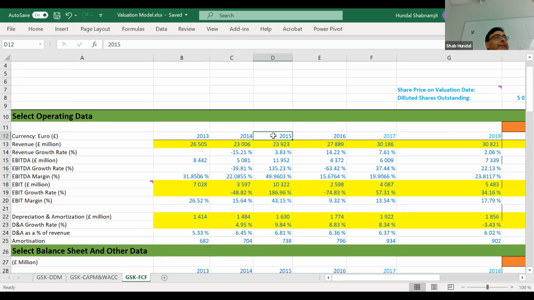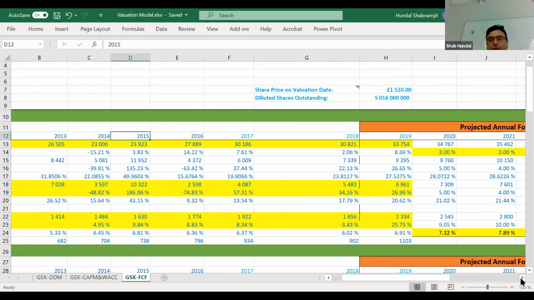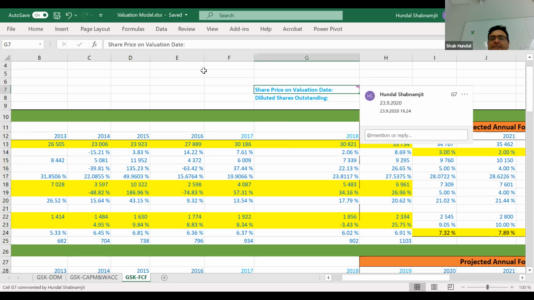Honestly, when you start collecting the data, it's not a big deal. After 1 or 2 reports, you get through it, and you know what to do and what not to do. So we call it the free cash flow method, and as I said, this is the last method. Now what I do here, my starting point is that,